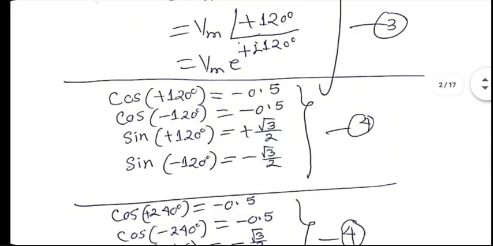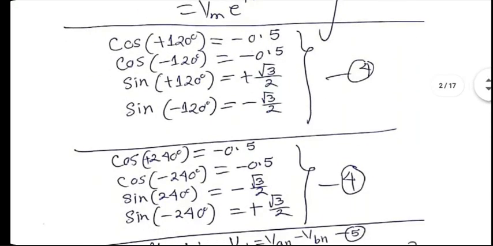I also noted down a lot of cosine and sine values that would be needed all the time when doing three-phase system analysis. You can always calculate them on the calculator, so there's no need to remember them. Just that I need to see them in front of me a lot of times.